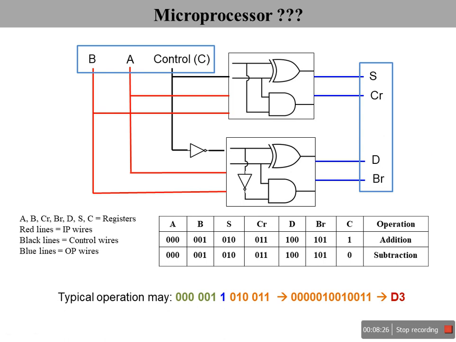Now you can treat these kinds of blocks as being inside a microprocessor, and this set of ones and zeros is meant for addition. The other way, if I make this just a 0, this will be a subtraction. So this set of ones and zeros is addition, another set of such ones and zeros is subtraction, and so on and so forth. Based on this set of ones and zeros, which is very specific to this particular block, this is very important to understand.